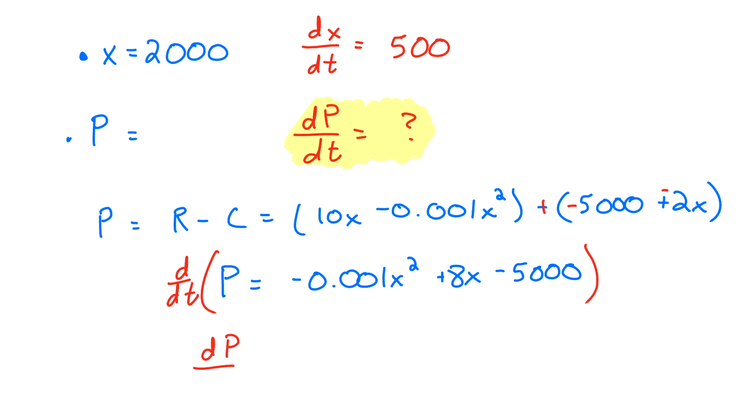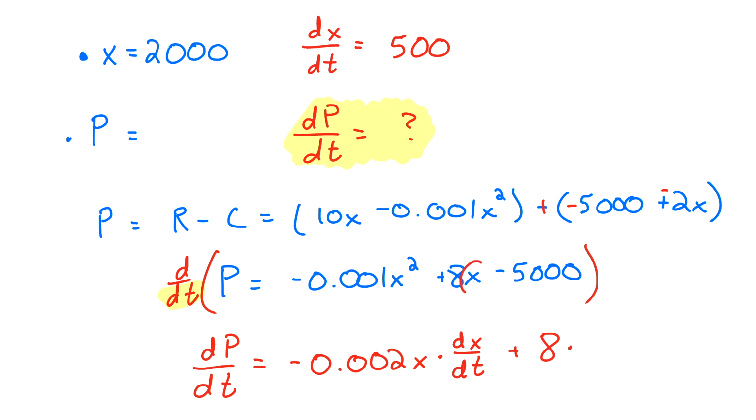The derivative of p with respect to time would be dp over dt is equal to, here I'm going to use my power rule, negative 0.002x, but again I'm taking the derivative with respect to time, so I need to multiply by the derivative of x with respect to time, so I multiply by dx over dt,